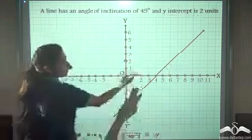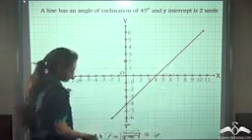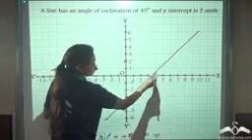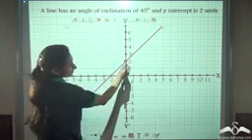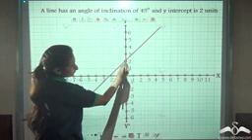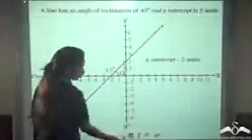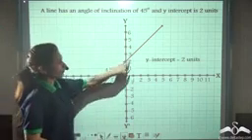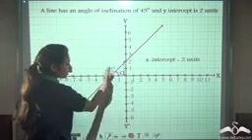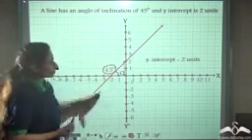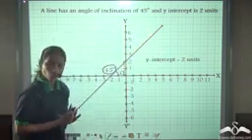Right? Now I have to place this line which has the angle of inclination of 45 degree to this point. So let me place it here. Like this. So this line passes through the point where the y-intercept is 2 units and the angle of inclination we know that is already 45. So this line could be defined by giving the angle of inclination and y-intercept only.